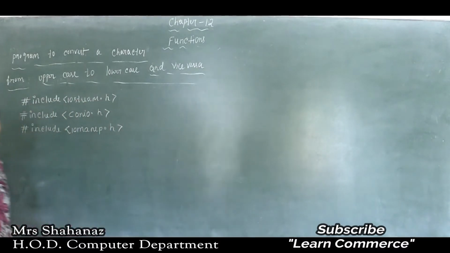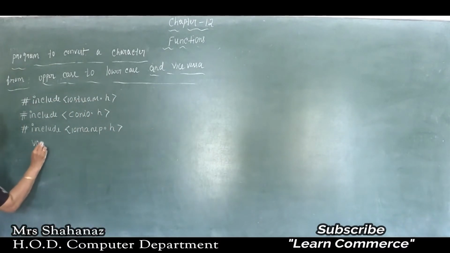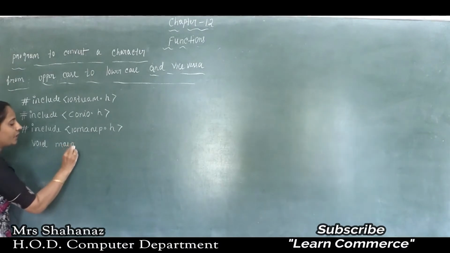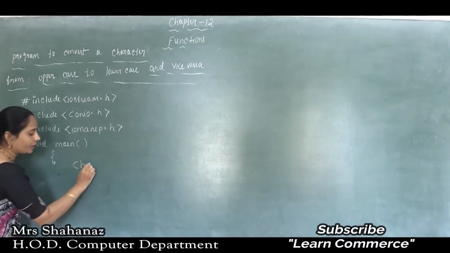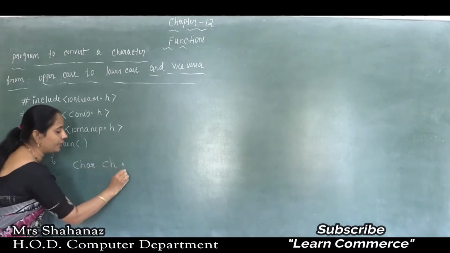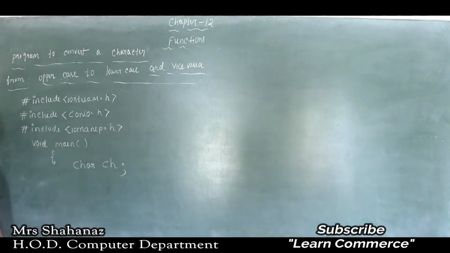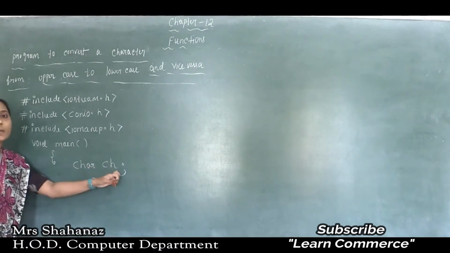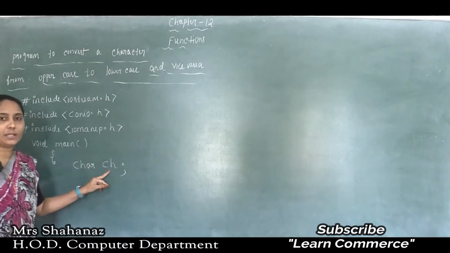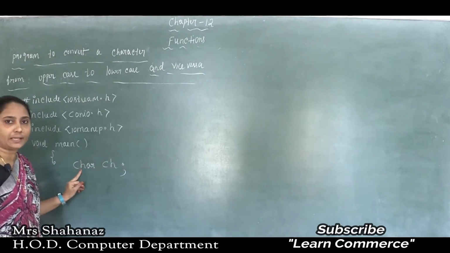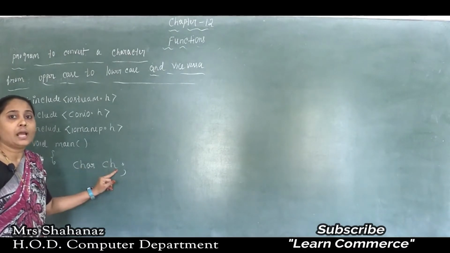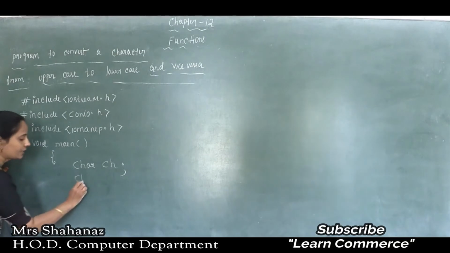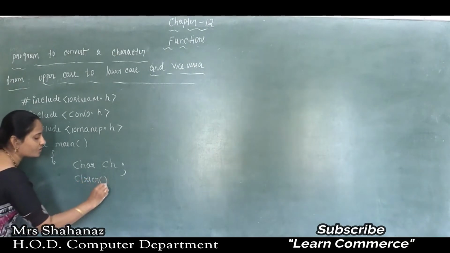By using such a header file we can use some objects or functions like endl and setw. Next, the program is going to start with void main, then the opening of the curly bracket, which means the opening of the program. Next, what variable do we need to declare in the program? The declaration of the variable: char ch; semicolon. That means we declare the variable ch using the data type char, and the statement is terminated by the semicolon.